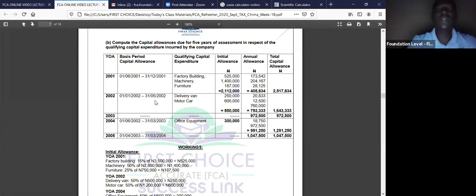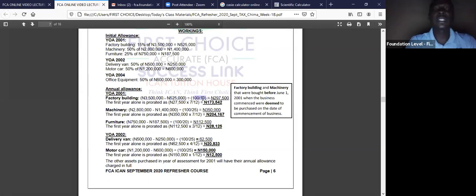Annual allowance is calculated as follows. Look at the factory building. This is the cost of the factory building. You can see here, this was the cost. That was what is here. We less your initial allowance. You remember this is what we got, and we are lessing its appreciable value. You now divide it by the number of years. And I told you before, when we were giving an example of 25%, now looking at this example,